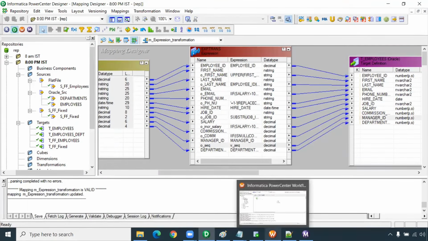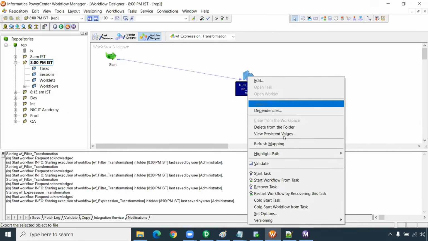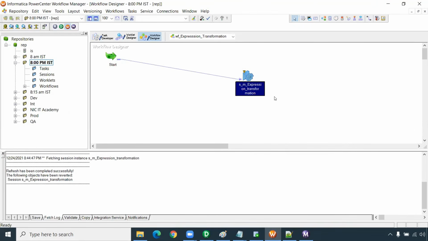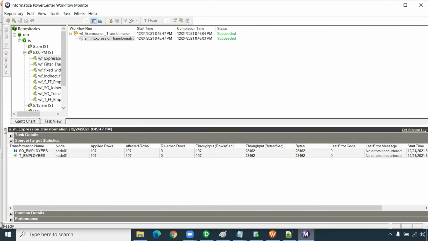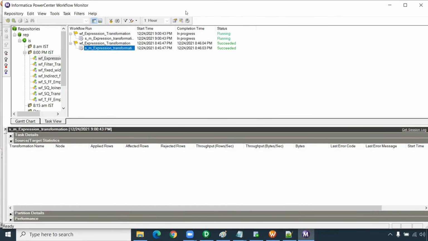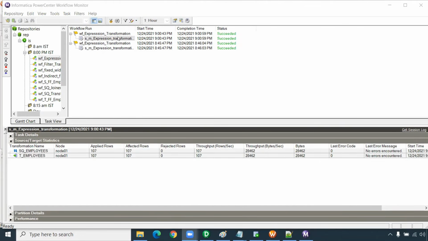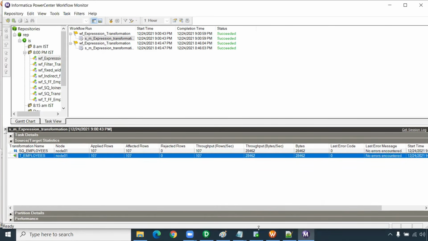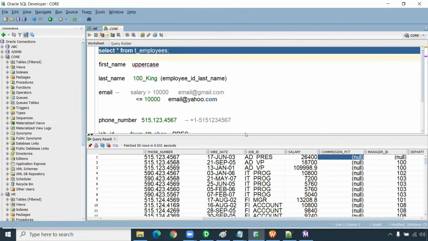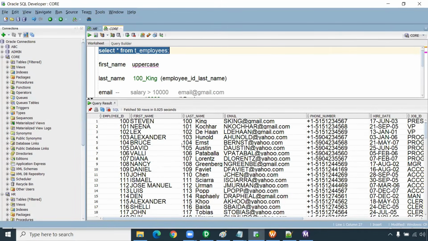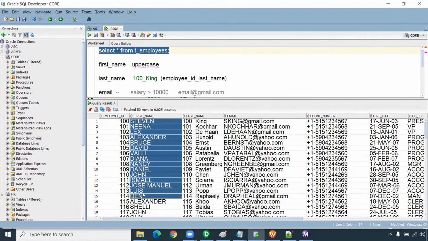Okay, now I will right click and refresh the mapping, since we have already created the workflow. Then load it. Since we have given truncate and load, it will truncate the existing data and then it will load. We can see all the new logic will be loaded. You'll get succeeded. It will not filter out any record. You can see here 107 records got loaded, and we'll go to the target table. We'll see one by one all the columns, whether they have been loaded or not. We'll check it. So it is in uppercase, yes.